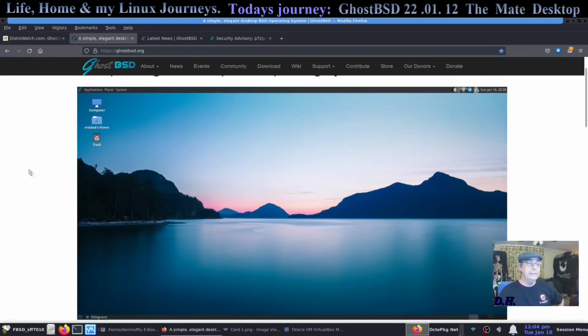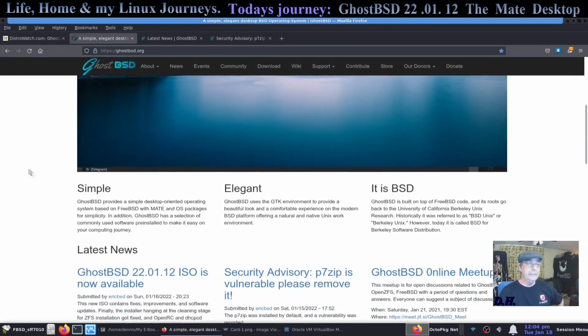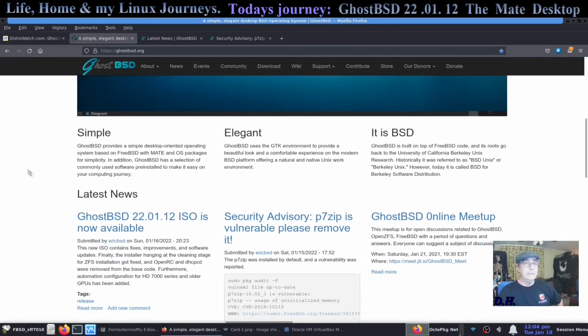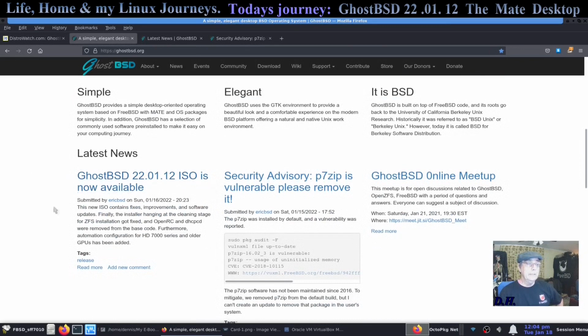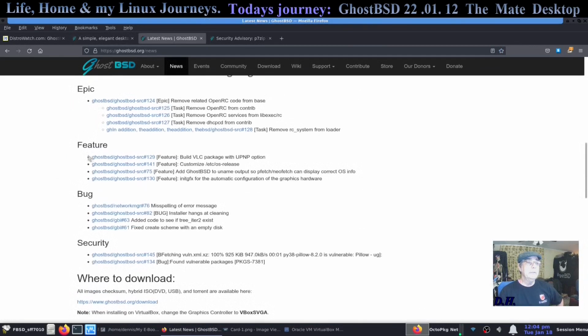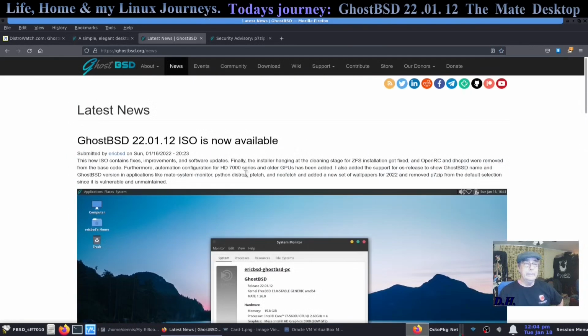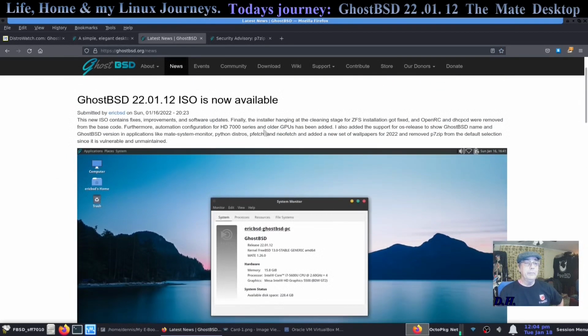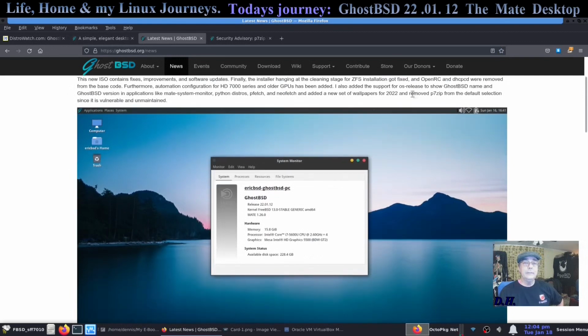This is their homepage, ghostbsd.org. Simple, elegant, and it is BSD. The latest news, the ISO is available. Click on the latest news, and here that is. Tells you a little bit more about what it actually does. One of the interesting things I found here was